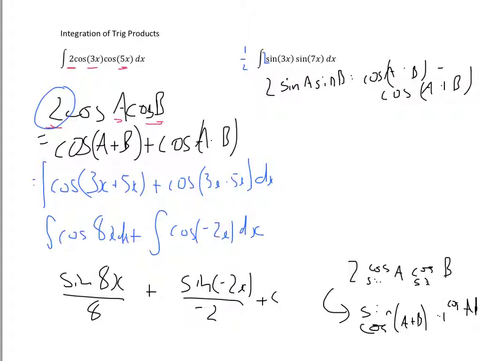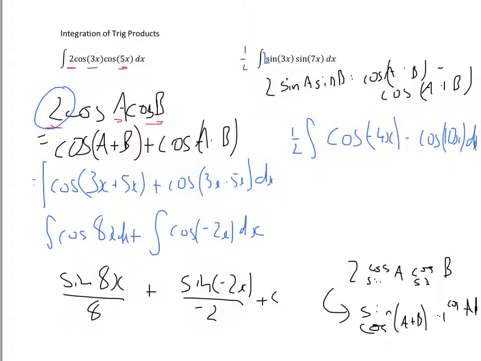So that's the integral with half in front, yeah, of cos A minus B. A is 3x, B is 7x, so cos of minus 4x minus cos of A plus B, well that's cos of 10x